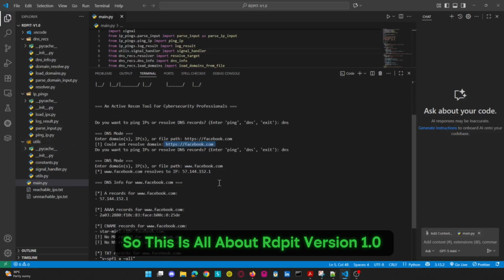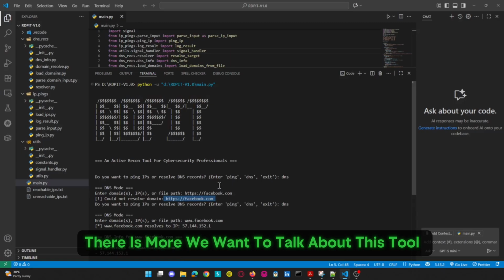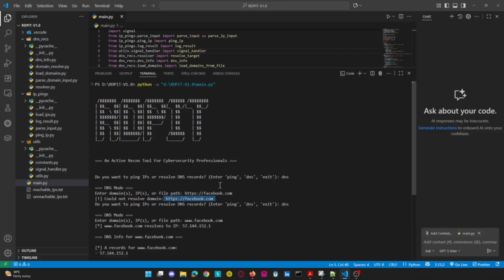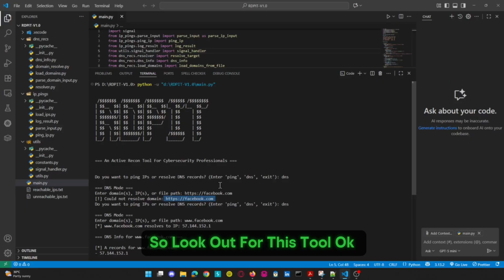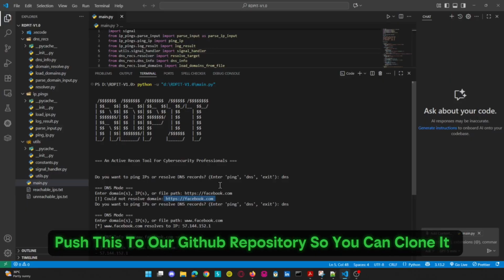Okay, so this is all about Rdpit version 1.0. There is more we want to talk about with this tool, but we do not have much time right away because we don't want this video to exceed maybe 20 or 25 minutes. So look out for this tool. Monday noon US time, we're going to push this to our GitHub repository so you can clone it,